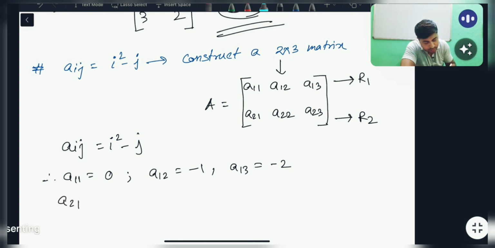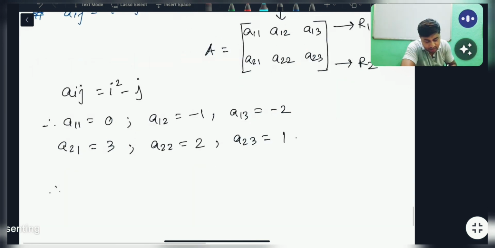a21, 4 minus 1, 3। a22, 4 minus 2, 2। a23, 4 minus 3, 1। Right, easy। Therefore the matrix, write the matrix, write the corresponding elements at every place।